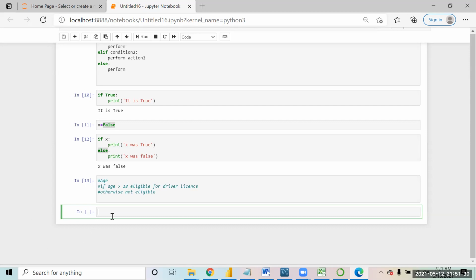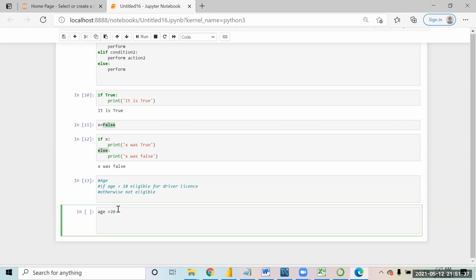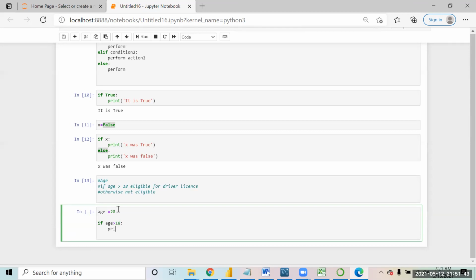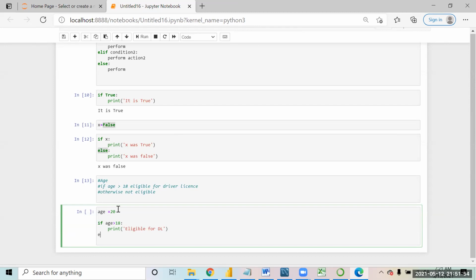Then what we will do is we will create a variable and let's store the value as 20, and I will say if age is more than 18, I want to print eligible for driver license, else print not eligible.